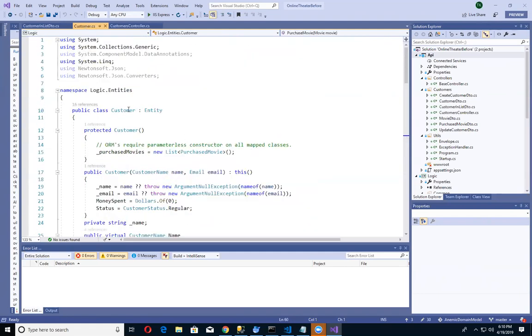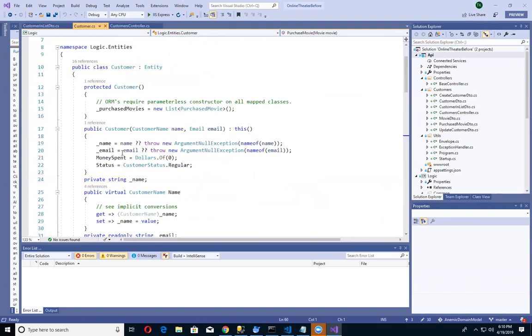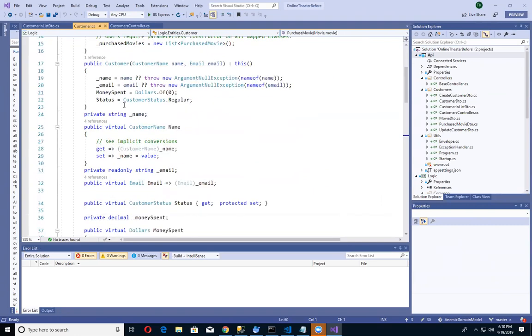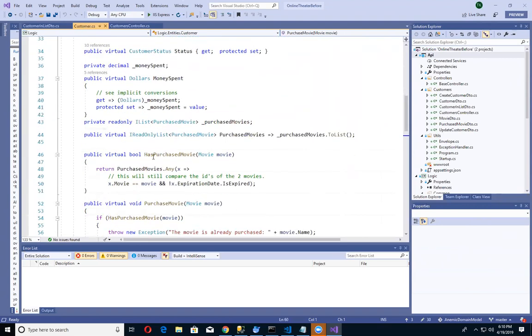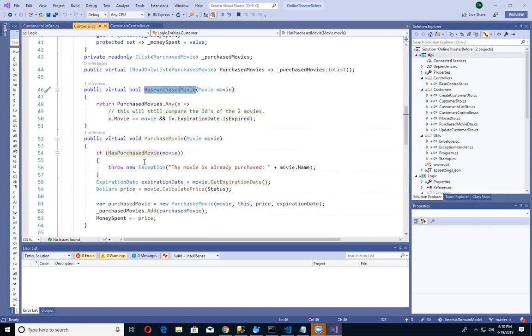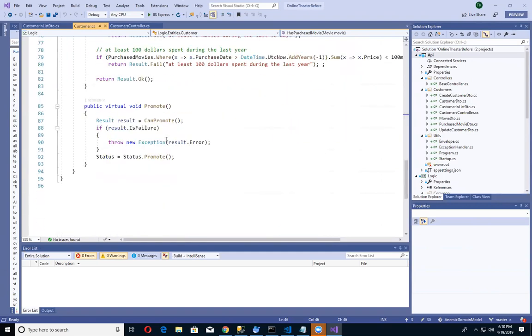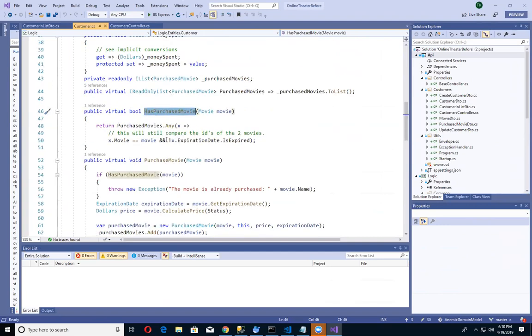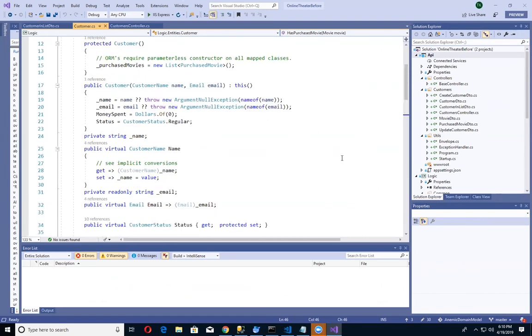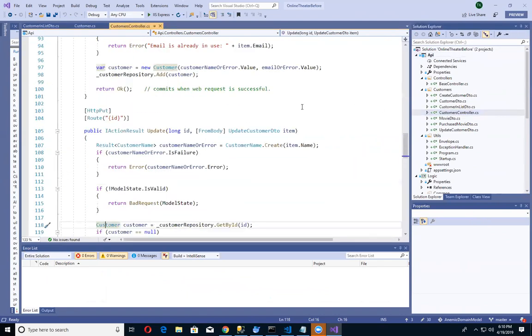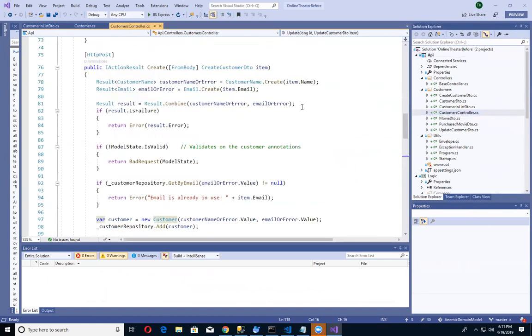Now all of a sudden, we have a customer object that actually has data as well as behavior. And as you can see, this customer object has grown by leaps and bounds. So your next question might be, well, you don't want to be passing this back and forth between your controller and the client. And most certainly that's 100% true.